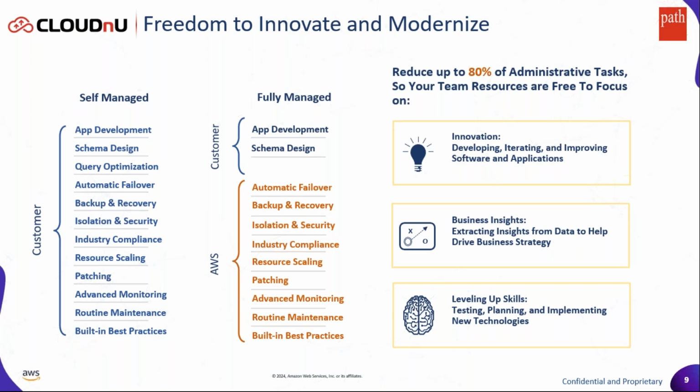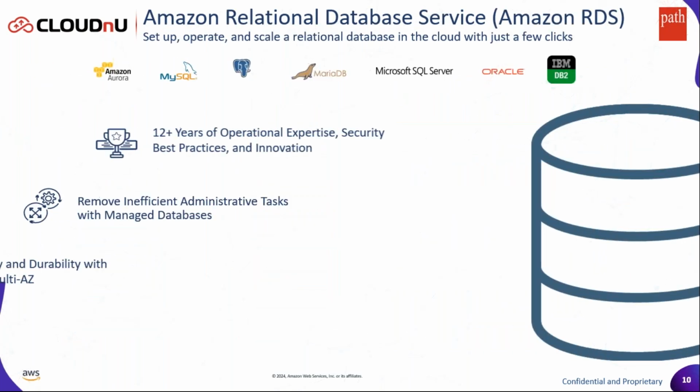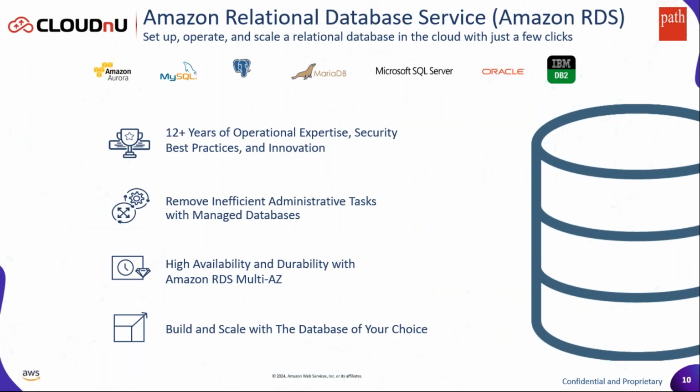So when we talk about managed database services, the most important service in the AWS portfolio is what we call Amazon RDS, which stands for Relational Database Service. This is a primary flagship offering for managed services, and it's available in a variety of different database engine flavors. So we have commercial offerings like Microsoft SQL Server and Oracle, and now even IBM DB2. And we have open source options. You have MySQL, you can run Postgres workloads, you can run MariaDB, and we also have our own platform called Amazon Aurora, which I will talk about shortly.